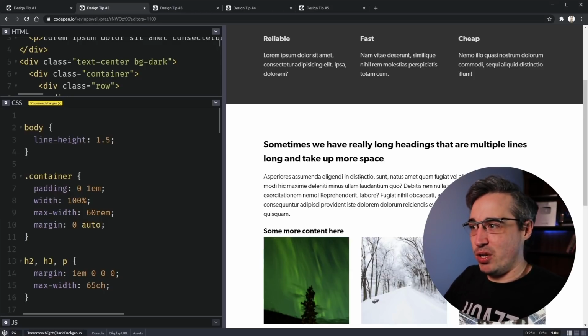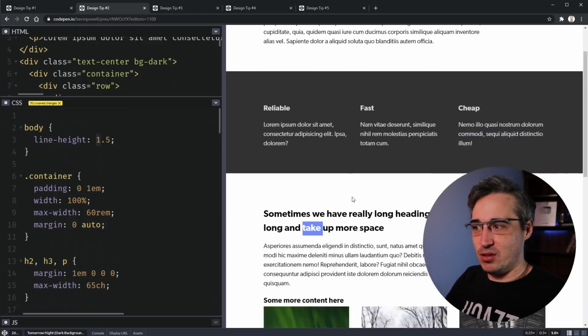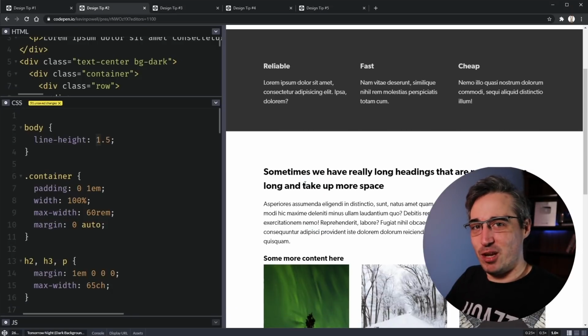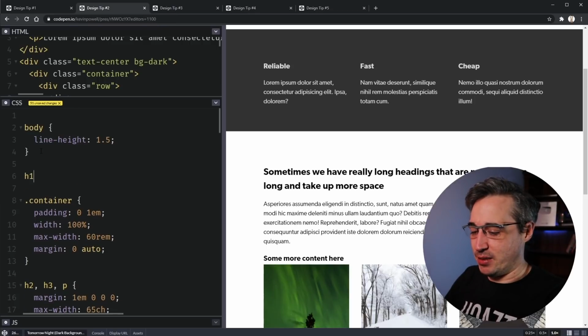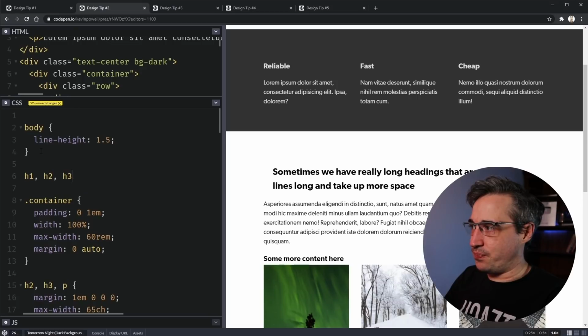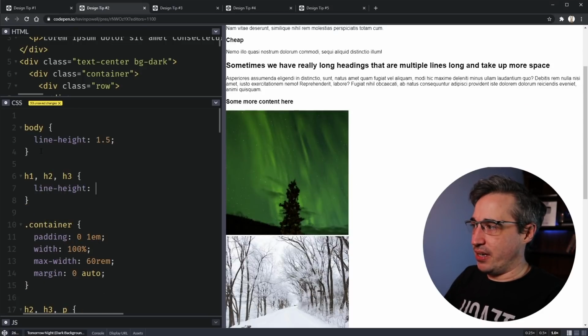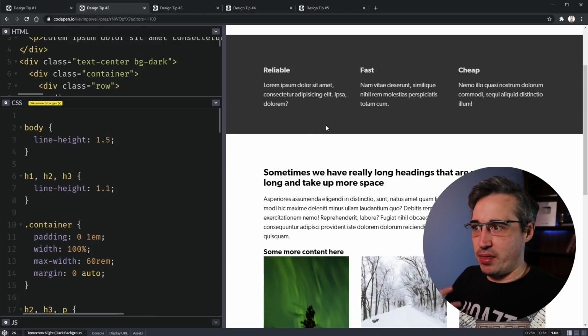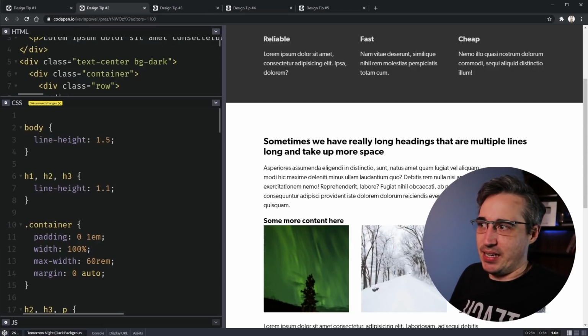The only downside when you do this, if you are setting it on your body, which I usually do, is when you get to these bigger texts, like your headings, when these go on multiple lines, the spacing is actually a bit too much. So then often what I would have after declaring something like that is my H1, H2, H3. They'll have a line height of like a 1.1 or something like that, because with the bigger font sizes, you actually want them to be a little closer together. It makes it, again, easier to read.